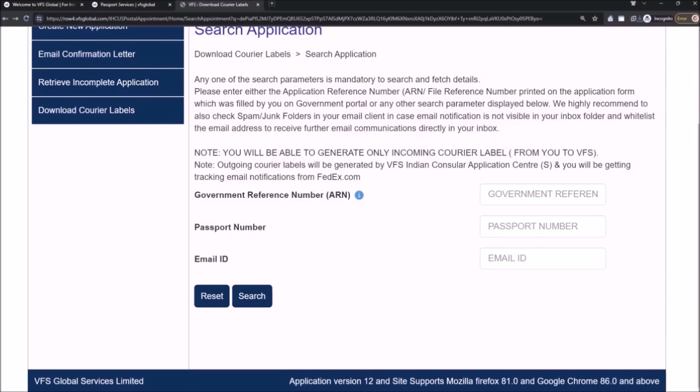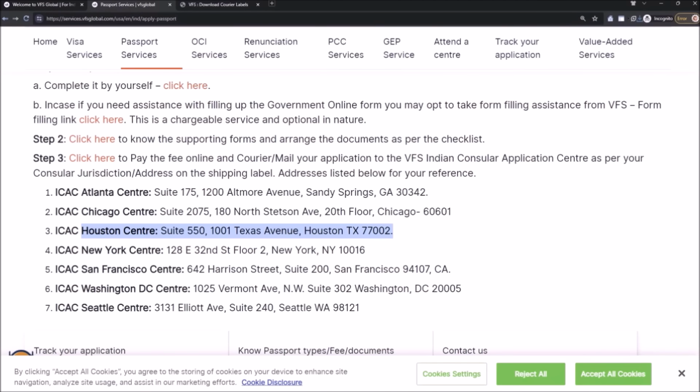Once you collect all the documents, application form, the payment receipt, print out all of them, prepare an application package, and then take it to the FedEx office because you have VFS offered Courier label, and then you can send out the mail to the VFS address that I have mentioned. It depends on the center you are located close to. So basically consular jurisdiction, if you are in Texas, it is Houston center. You need to send to this particular